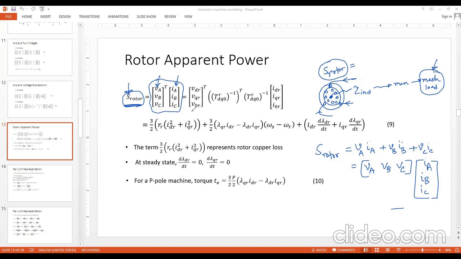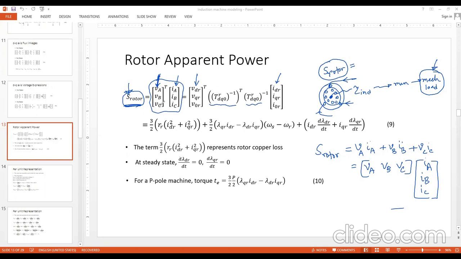And finally, you would get the voltage phasors in the DQ0 frame. Remember, this is now in the rotor frame. VDR, VQR, and V0R are in the rotor frame. IA, IB, IC are in the rotor frame. IDR, IQR, and I0R. And in between, these are the matrices and the inverses that you need to use for